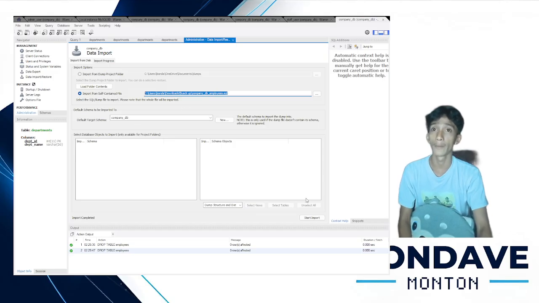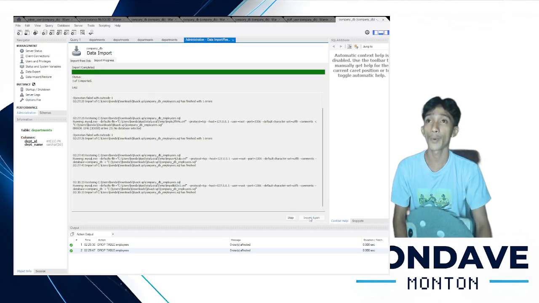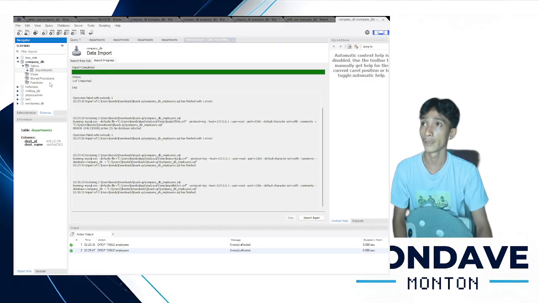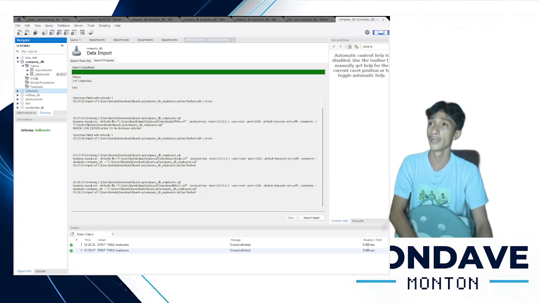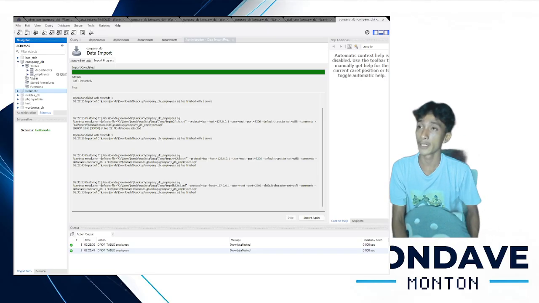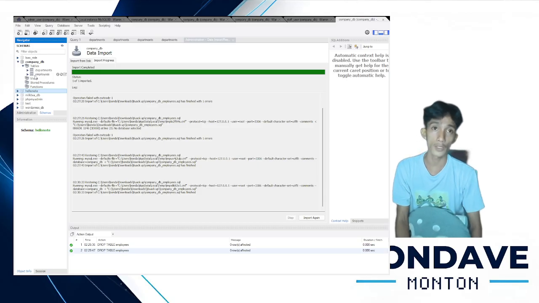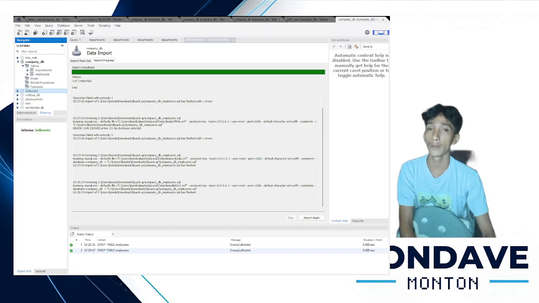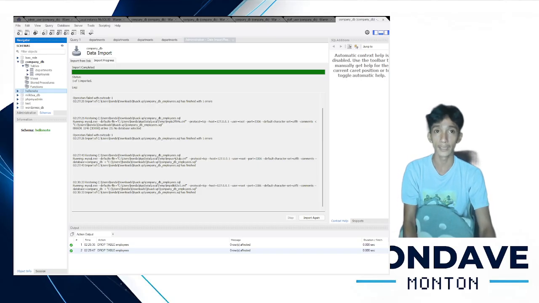Then just start import. Now the import is completed. Let's check the schema and refresh it. As you can see here, our data has been restored, thanks to the backup we implemented earlier.